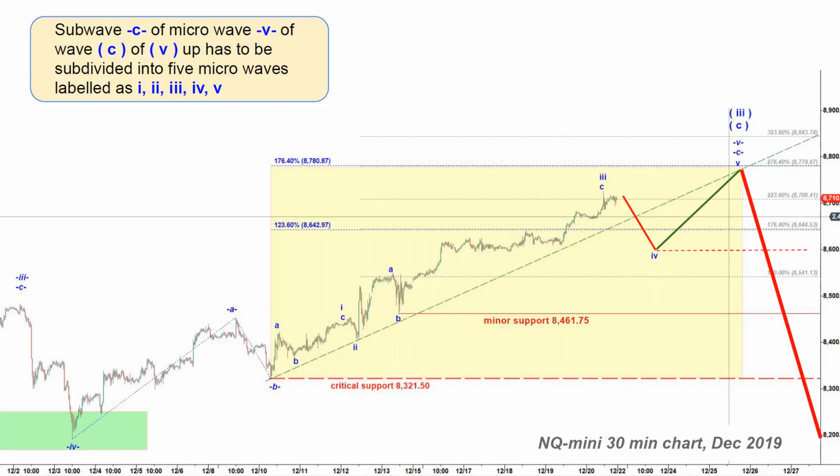That was a very possible scenario because that subwave C of 5 is big enough to be all of C of 5, and that ABC would have a very completed look, and that wave 5 made a higher high over the top made by 3. The only problem with that micro count is that shallow flat pullback can hardly be counted as wave 4.